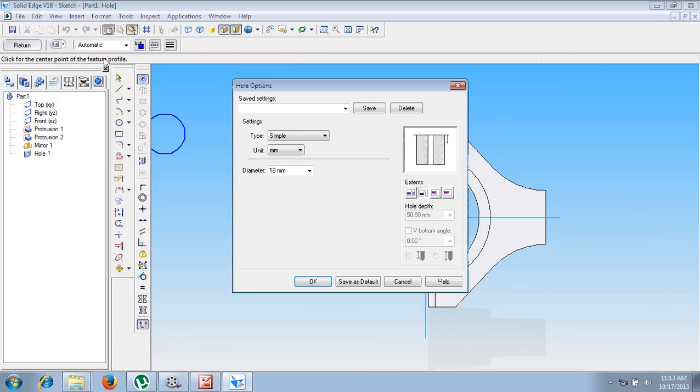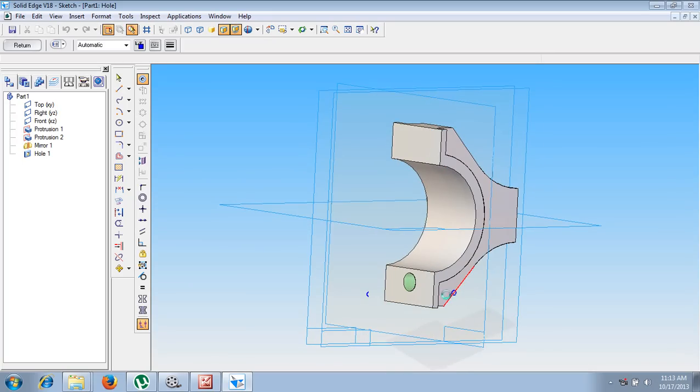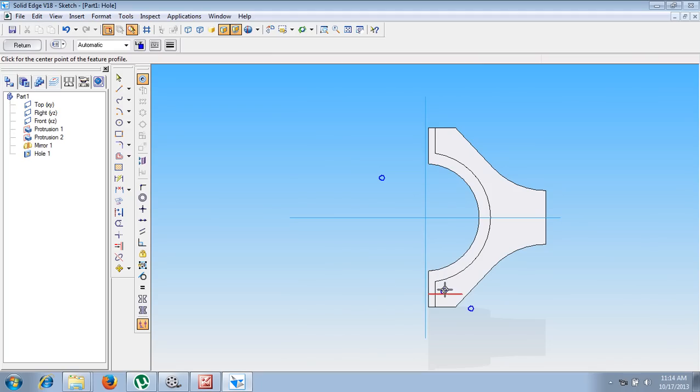Now go for hole options, change the hole. It is a simple hole of diameter 2.5, but it is a through hole. Why do we have to give a through hole? The only reason is that whatever hole position I am going to give here, it is going to create a hole here if I give through next, but it is a complete hole for the thickness. Hence we have to give it as a through hole. Now I have given through all.